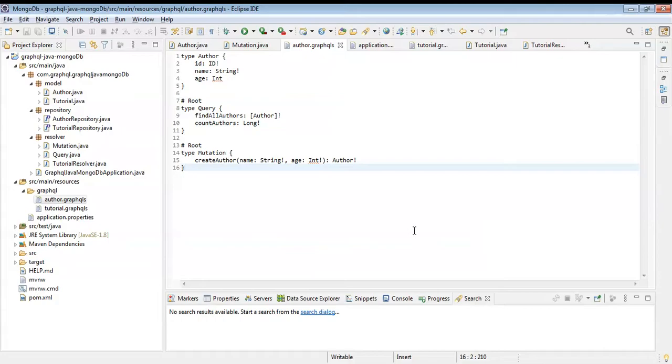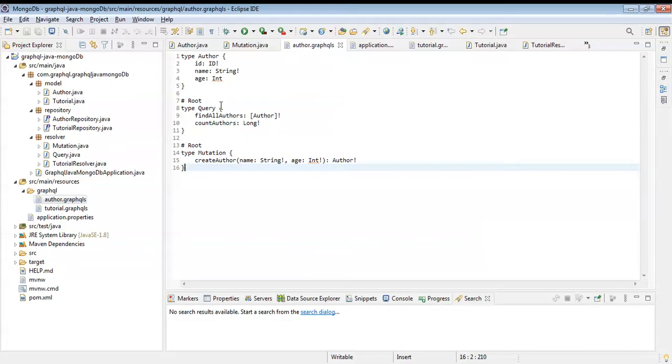Coming to the implementation, GraphQL exposes a schema which describes the API. So what are schemas actually? In Spring Boot, we have .graphqls files in which we define the schema, starting from the author schema.